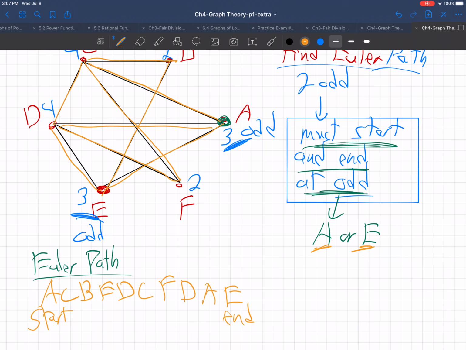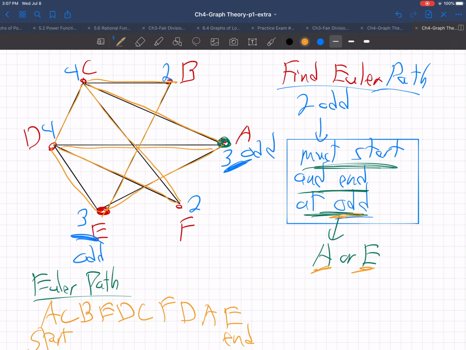You must start and end at the odd ones. If you tried to do this, starting or ending at an even one, it wouldn't work. Euler path, you must start and end at an odd one. So that's the point of this